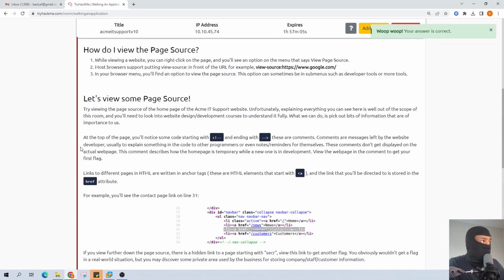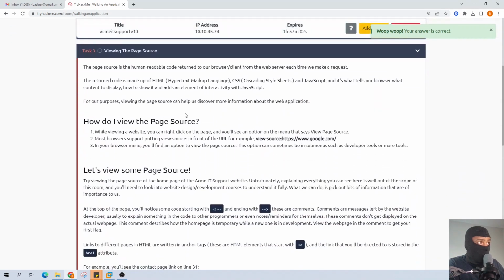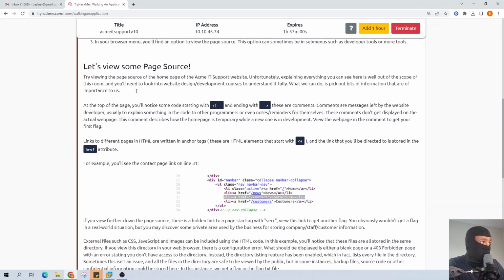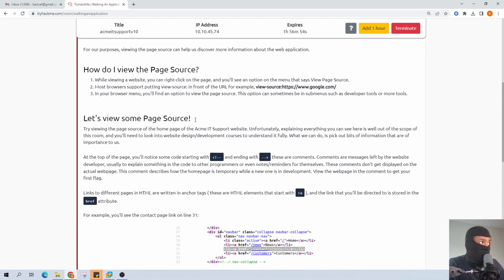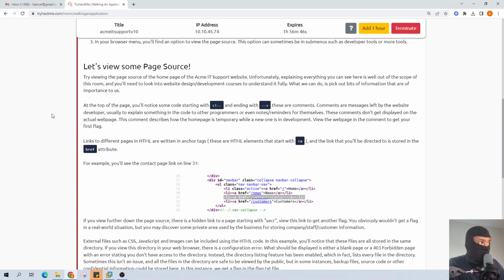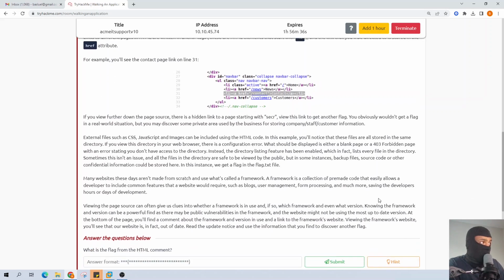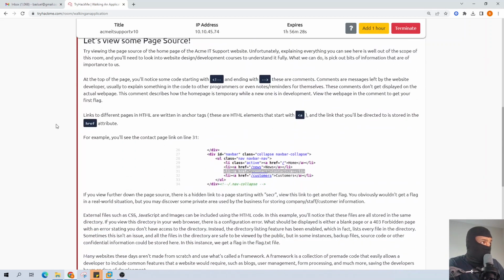Viewing the page source. I'm not gonna read this word for word, but just make sure you guys read this. Viewing the page source helps you understand how the website is written, what language they use, if the developer or programmer left any comments, and what framework they use. Most of the time, everything is in the page source, and to get it you just gotta go